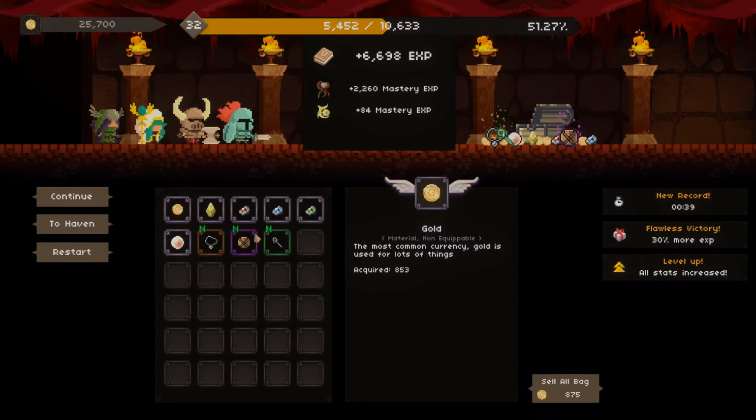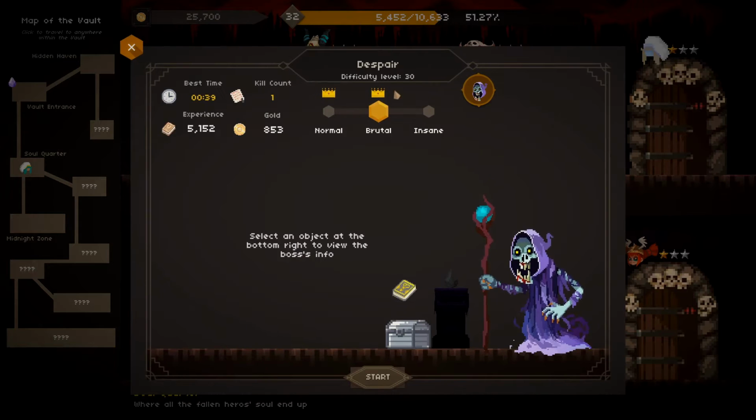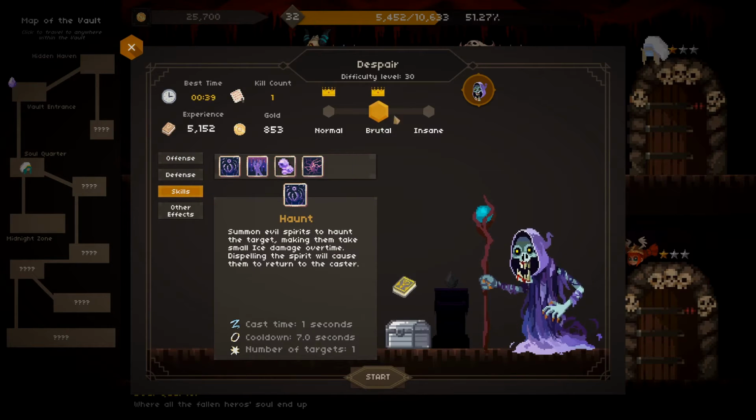I don't know. Not really seeing anything that fits in with my build, so maybe I'm going the wrong path and I should be focusing on something different. I'm going to give this guy... Oh, I'm 5 levels away from insane. I wonder what's changed, because he's not that hard, so...